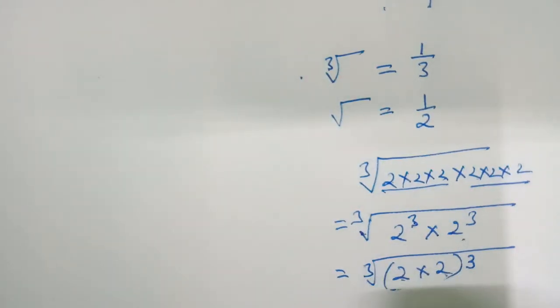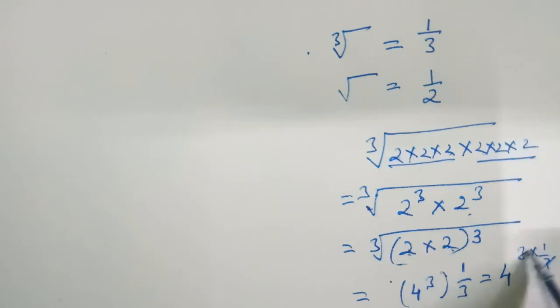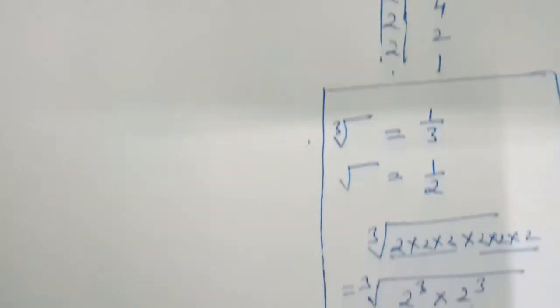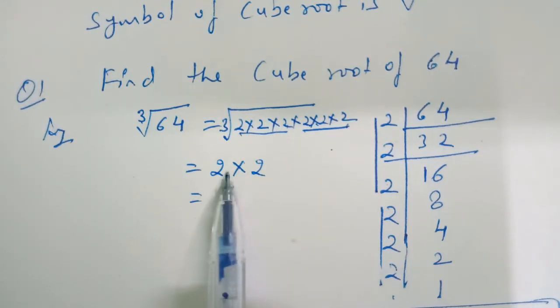Now you can multiply 2 into 2, 4, 4 raised to the power 3, and let us change it numerically. This will be changed into 1 upon 3 and both of them are in multiplication. So when you solve it, this will give 3 into 1 upon 3, 3 1 is 3. So 4 raised to the power 1 will change into 4. This you will learn later on when you study exponents and powers. So this is the process through which one number came out of the group.